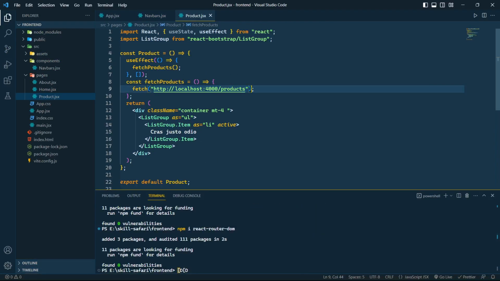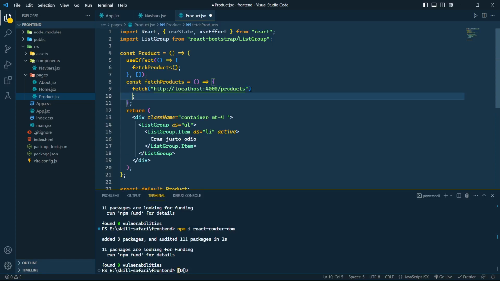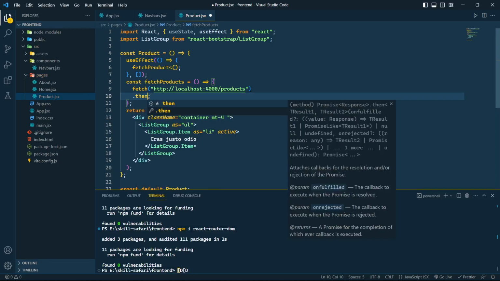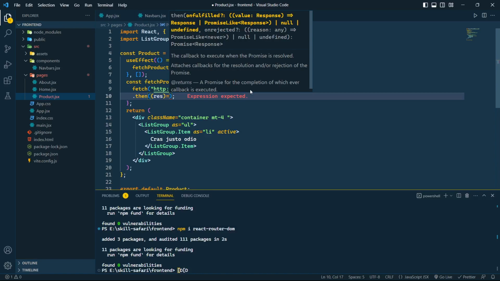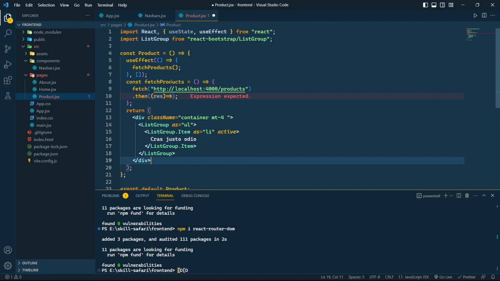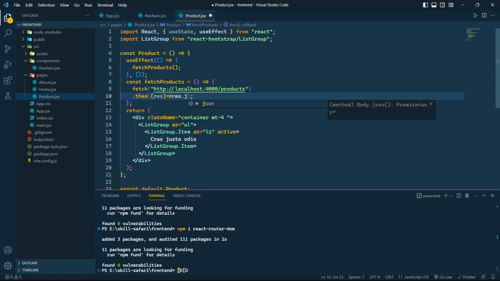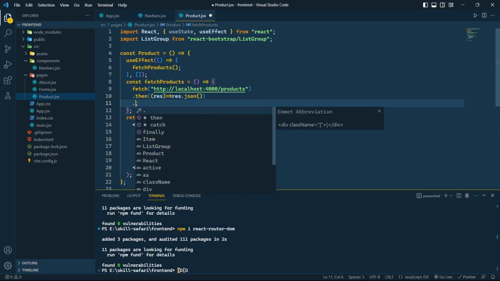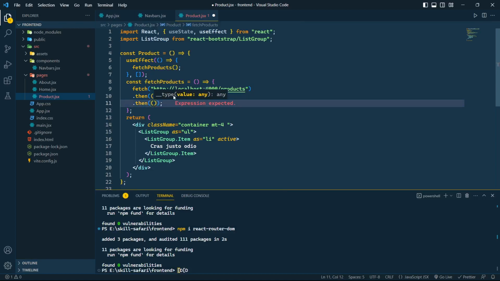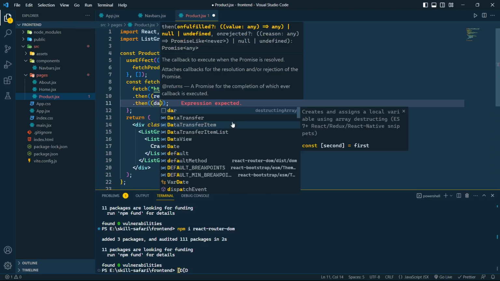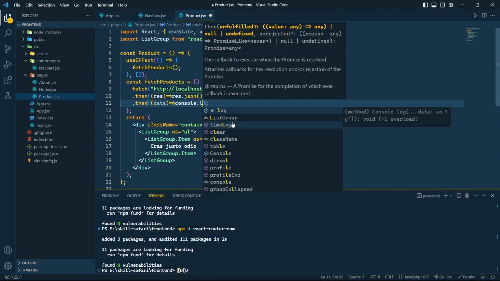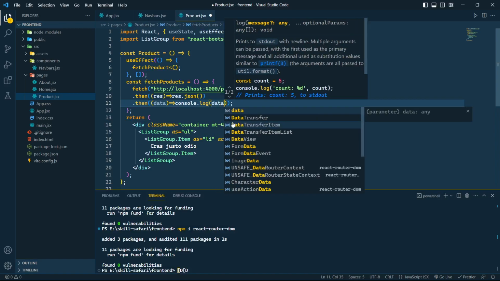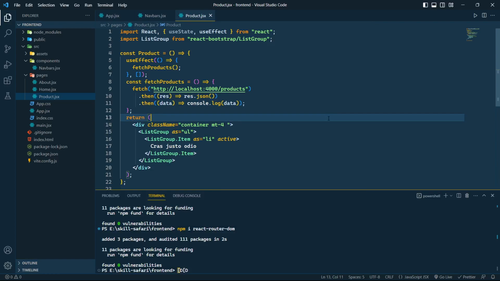Okay, so now let's continue. When we are using fetch, we have a then function. Inside the then function, our response comes in the form of res, and we want res.json, so it makes our response in JSON form. Then I want another then function to resolve the promise. Inside this the data is coming, and if I simply console.log it like this, now let's save this and check